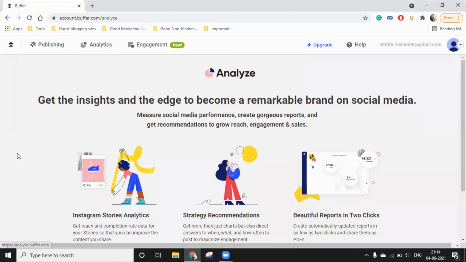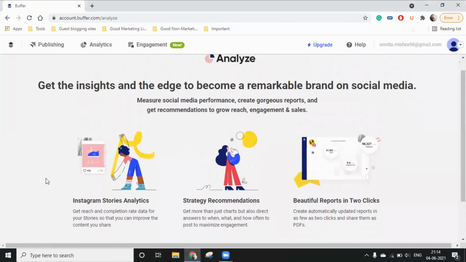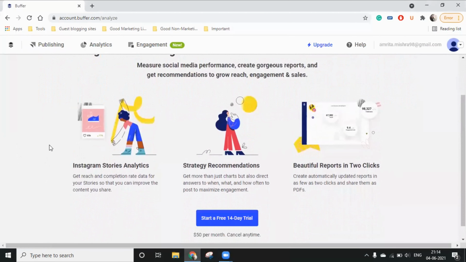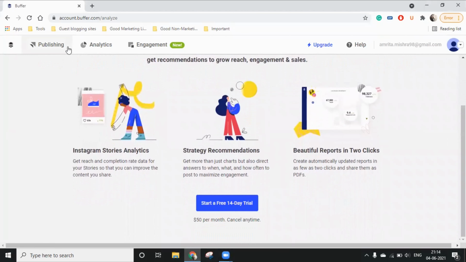Okay, so now I'm in the analytics tab, and this one will give you an insight for all your social media accounts, right? While the analytics tab that we saw in that particular channel is for that particular channel, here you can get it for all social media accounts. But this is again a 14-day thing.